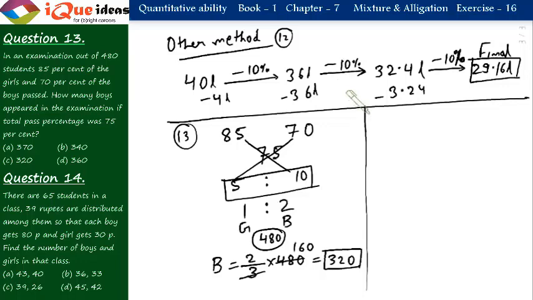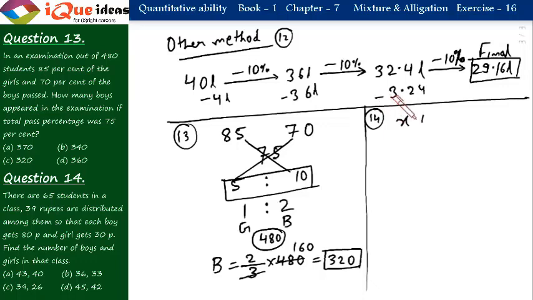Now question number 14. It says there are 65 students in a class, and 39 rupees are distributed among them so that each boy gets 80 paisa and each girl gets 30 paisa. Find the number of boys and girls in the class. In this case we can apply different methods. Let's not go to averages, let's apply the simple equation method. Suppose there are x boys